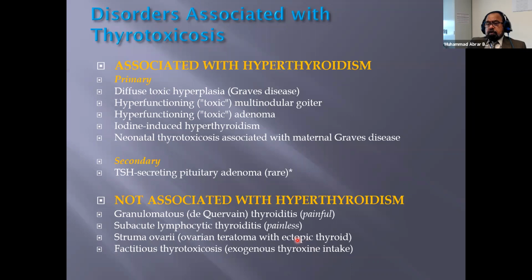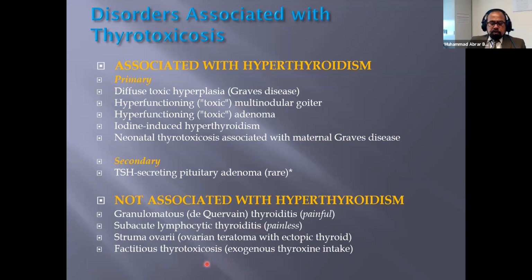There was a case in which a lady was having excessive hyperthyroidism, and when the clinician saw her thyroid gland was absolutely normal, then they went for MRI and other investigations, and finally they saw that there is a tumor in the ovary. When they opened it, it was actually struma ovarii, which was actually secreting. So you have to keep all these things in mind, that where this actual thyroid hormone is coming from.